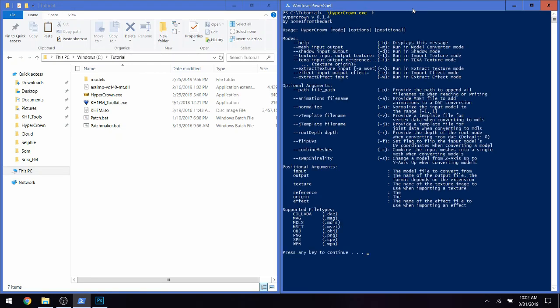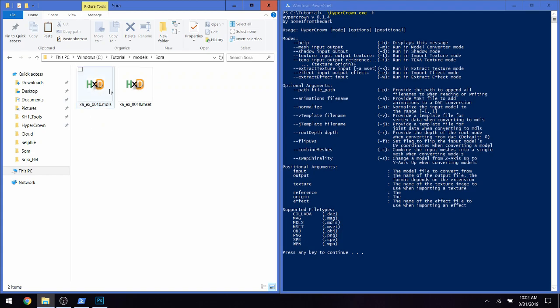We're going to be checking out how to edit the texture animations in the game. This is mostly used for the blinking animations and the facial animations that are used by characters in their low poly models. Normally when you perform a texture mod of the model, these animations get messed up. I'll explain why in a little bit, but first let's go ahead and extract the textures from the MDLS and